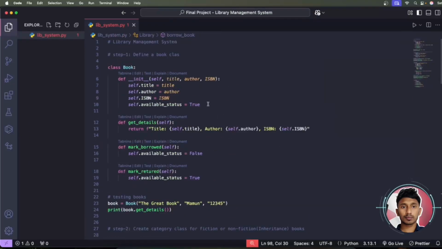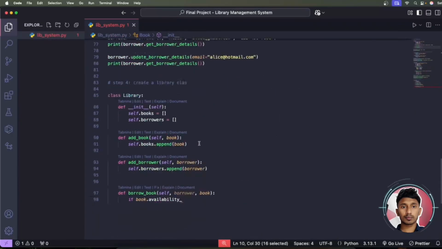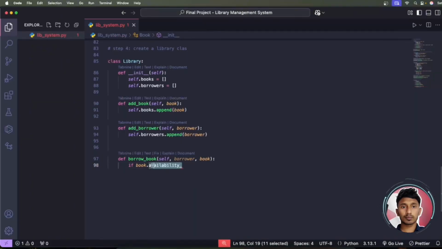Let me check the spelling, maybe that is actually availability status. Let me copy it, and if book.availability_status,